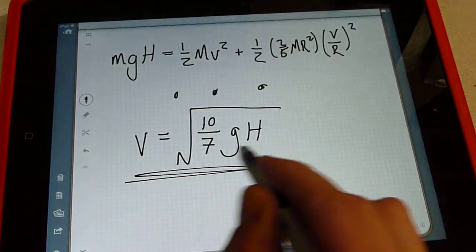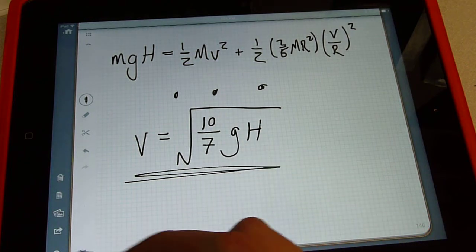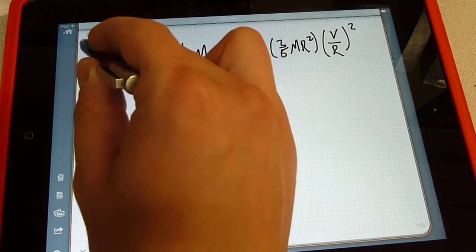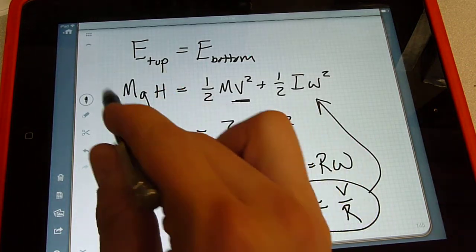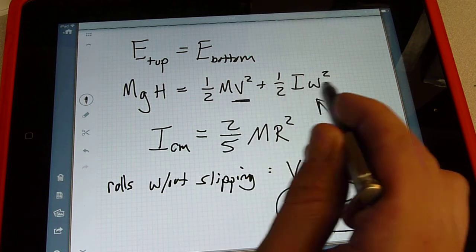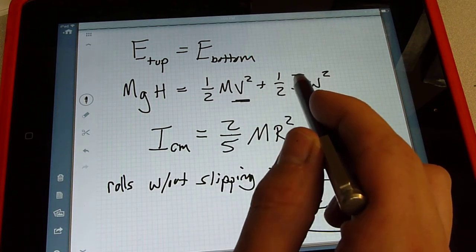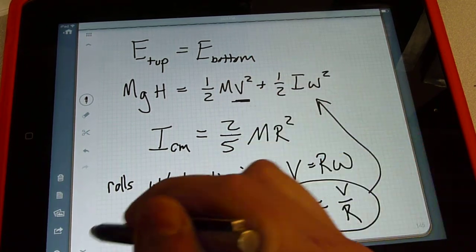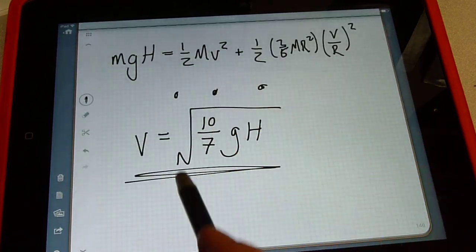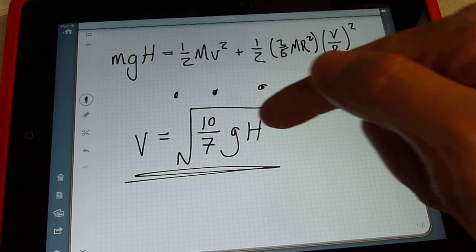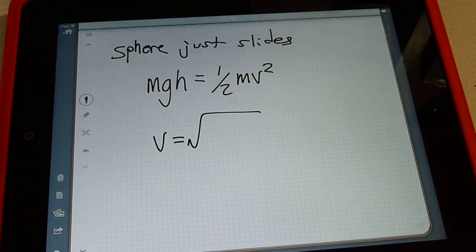The speed that we got here is slower than if it were to just slide down. Well, this should make some sense, because if we look back at that very first statement, the energy that we had at the top has to be shared between translational energy and rotational energy. So my translational speed has got to be less because I'm giving some of that initial energy to my rotation as well. So as my moment of inertia changes, that consumes more of the energy, or it needs to share more of the energy that we had initially. So we get a slower speed than we got if we just considered